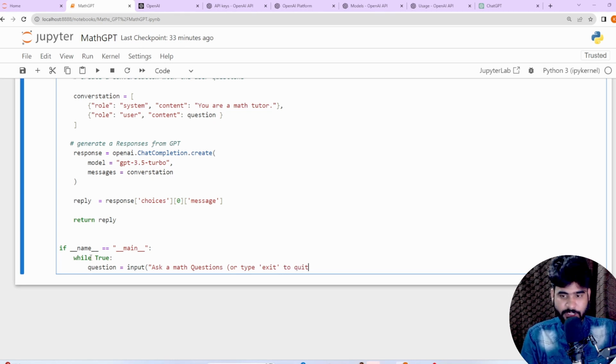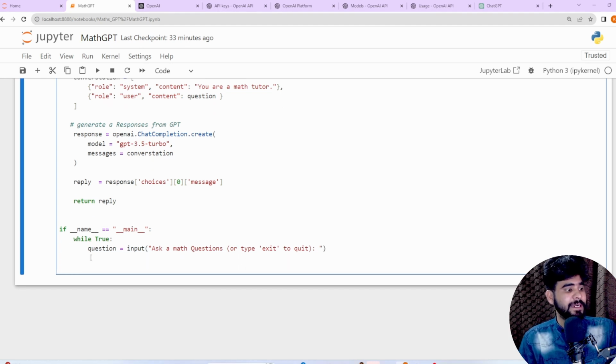This is the input data so that our user will ask a question. Now we can write a condition.